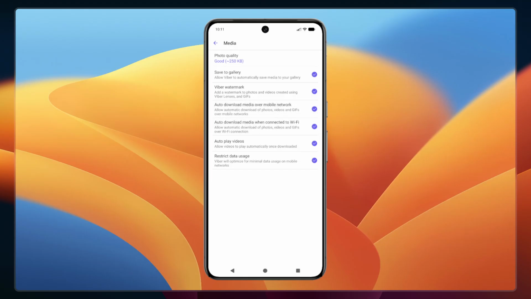If you're concerned about using your mobile data, you might want to only enable the Wi-Fi option, but if you want all images to download regardless of your connection, you can check both. And that's it. Your Viber is now set to automatically download images and pictures, so you won't have to manually tap on each